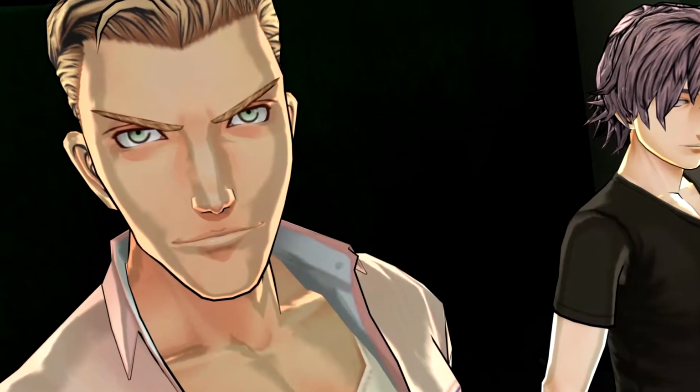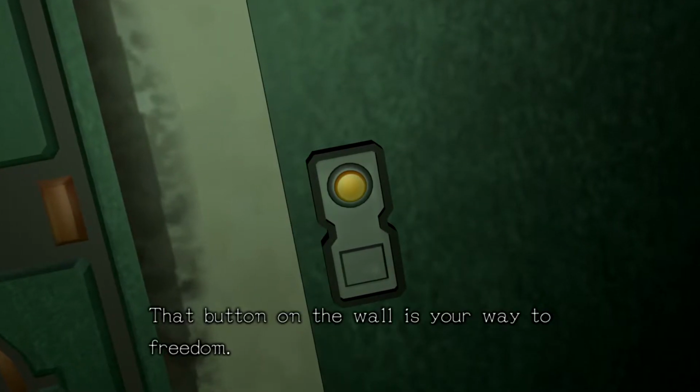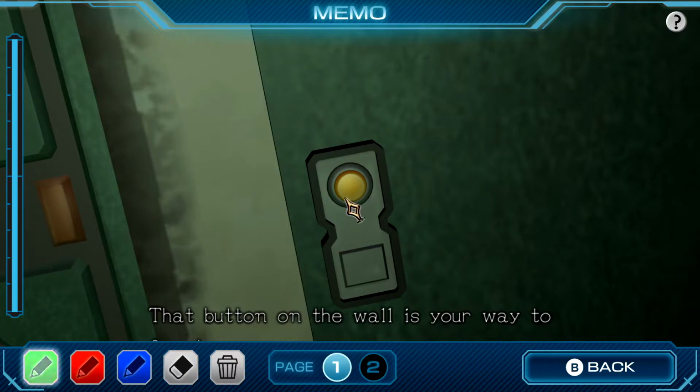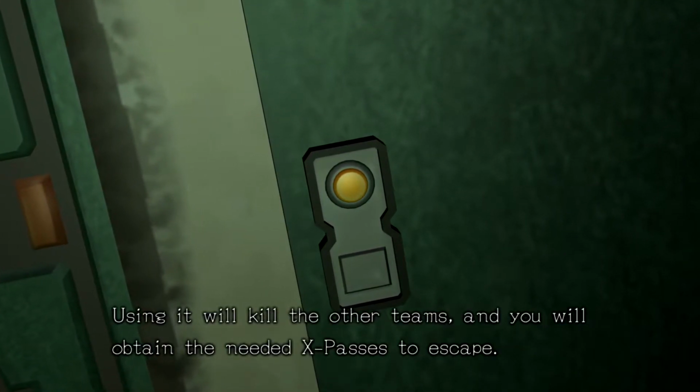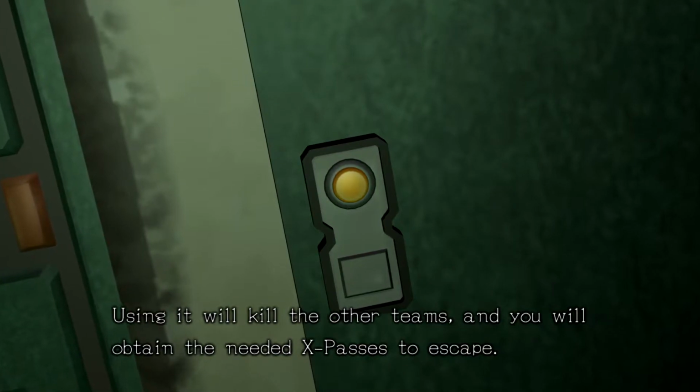So just don't stand under the shower. The wall is your right. Well, okay, sorry. Stand under the shower such that it shoots over you and doesn't land on you. Don't stand in the trajectory of the shower head. Using it will kill the other teams. And you will obtain the needed. Just don't stand under the...